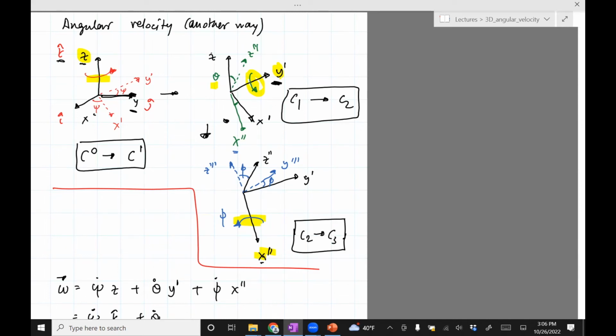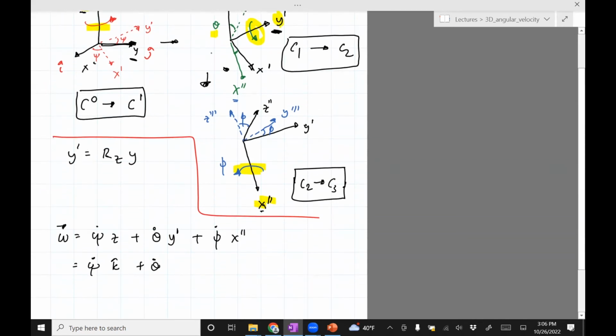So any vector which you have on the left, you need to multiply with R psi or Rz in order to get y prime. So y prime is Rz times y. That's the definition of the rotation matrix. So then this is going to be Rz times y, which is going to be j,